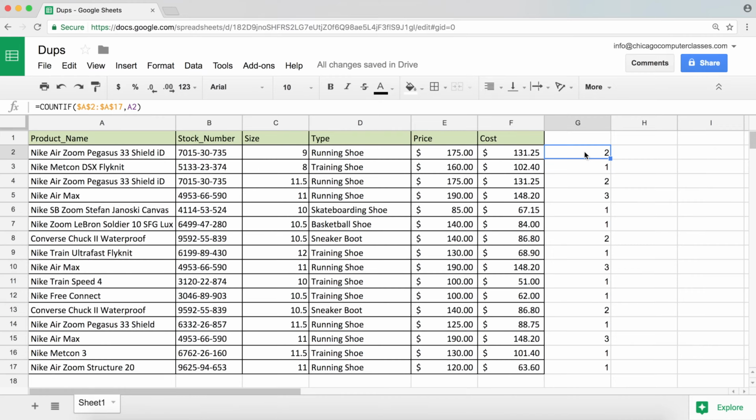So let me copy this down. And you can see the result: true, false, true, true, because they have duplicates, and false. So now I made a formula that returns true or false. Every true is a duplicate and every false is a unique item. But because we have a formula that returns true and false, we can use that